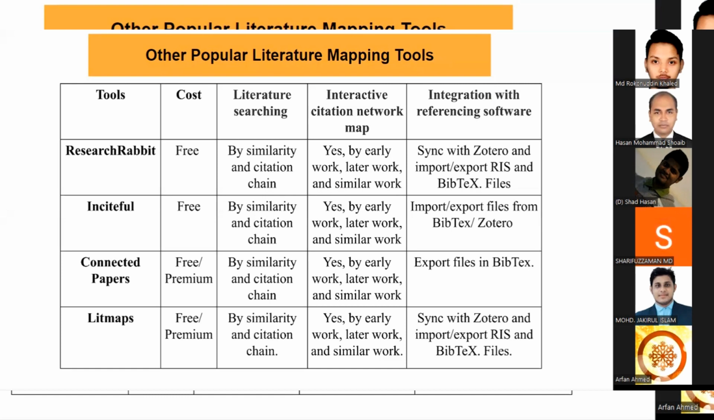Other literature mapping tools are Research Rabbit, Inciteful, Connected Papers, and Litmap. All these are free, but if you pay a smaller cost, it will increase the efficiency, reduce the time and labor, and help you find more papers relevant to your research topic. On the other hand, Research Rabbit, Inciteful and Connected Papers are totally free, and you can get all the relevant